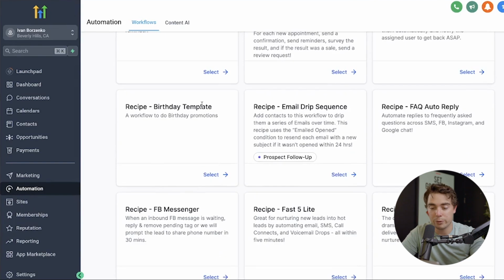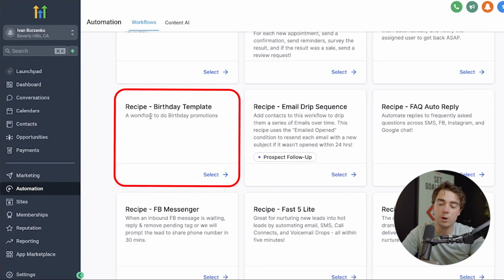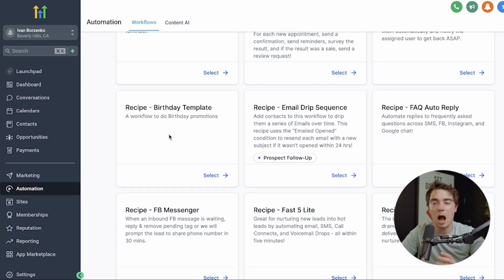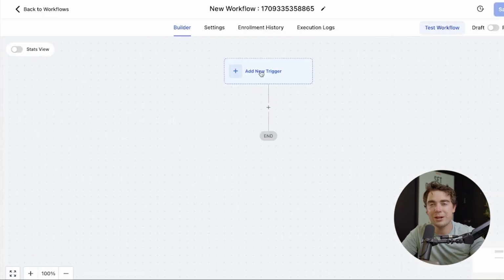For example, if we go for the birthday template, this workflow would help us send out different birthday promotions so we don't have to manually do it. However, if we do select the make it from scratch option, a lot of the tasks that we used to do in the past manually, we can now automate. With this, we can create different sets of triggers. So when a certain action is completed, that sends a signal for the next action to occur. An example can be whenever a person opens up an email,